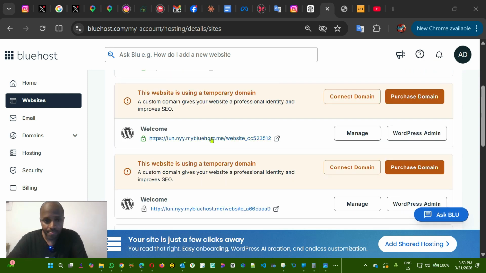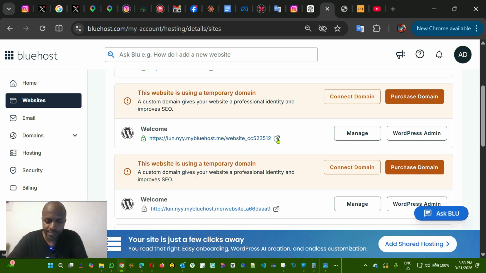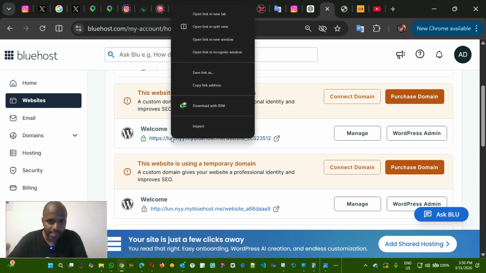Okay, so if you want to delete one of those websites, I just want to delete this one here. It is a temporary website. If you want to delete it, make sure you copy this URL,